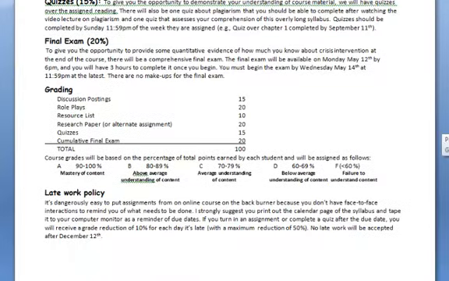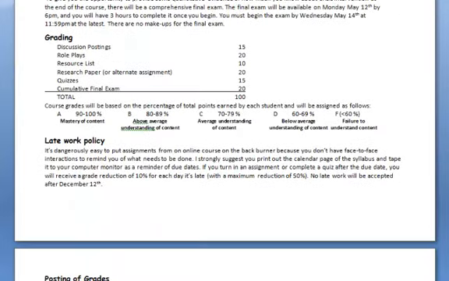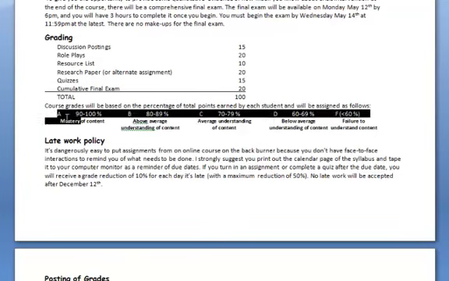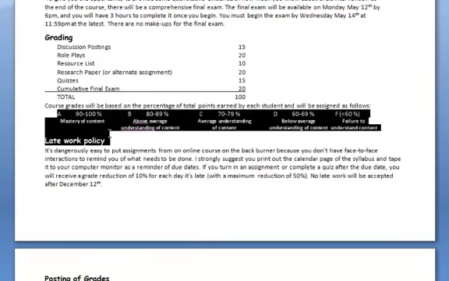So you can see how that breaks down for the grading, the percentiles of what things are worth. So you should be able to calculate your own grade without my assistance. And then a little note about what grades mean down here. You can see an A is mastery of content. But a lot of times you think, oh, well, I kind of understand it. I've got a pretty good understanding. That's good, right? Well, good, that's fine for some people, but good is average, right? You have an average understanding, that an average grade is a C.